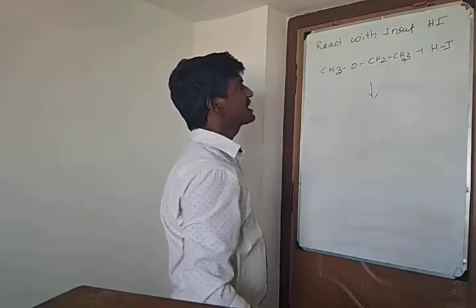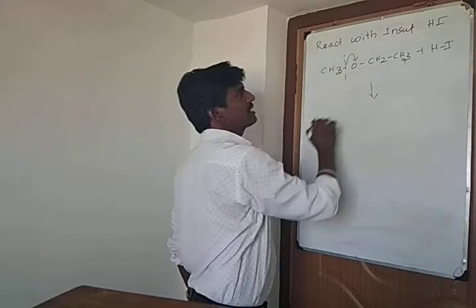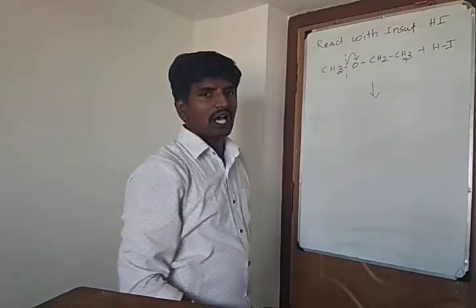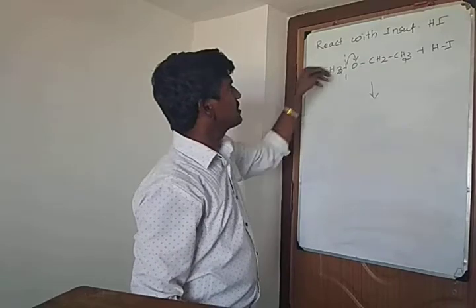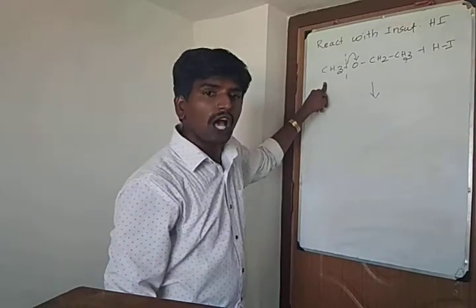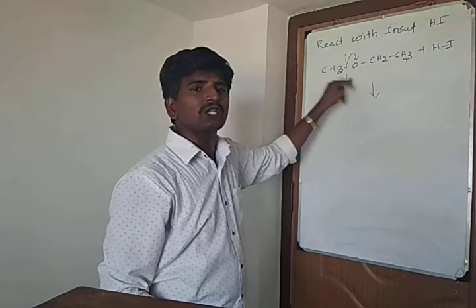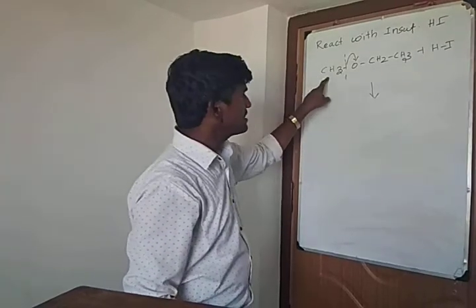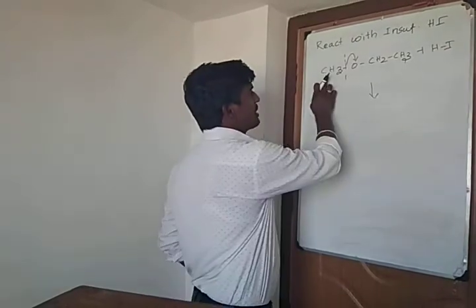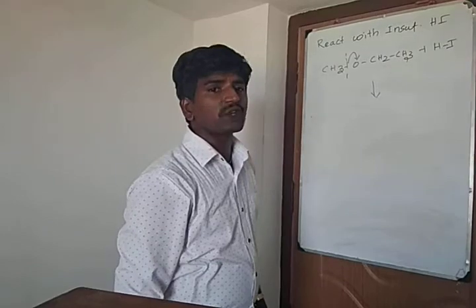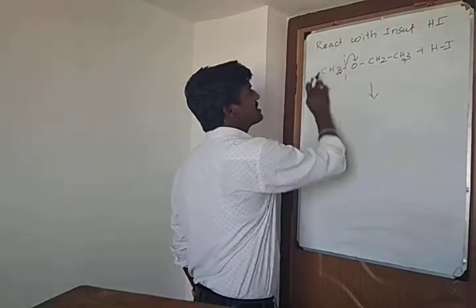Which one is more electronegative? Oxygen. So oxygen takes one pair of electrons. Bond breaks between the methyl group and oxygen. Are you clear? Two carbon atoms are present in this alkyl group, and in this alkyl group only one carbon atom is present. Always bond cleavage is between oxygen and the small alkyl group. Am I right? This is the small alkyl group because it has only one carbon atom. Compare carbon and oxygen. Which one is more electronegative? Oxygen. So oxygen takes one pair of electrons. Here the bond breaks: O minus, CH3 plus.